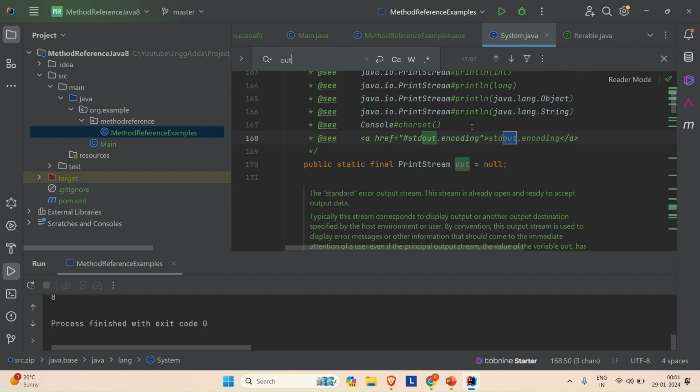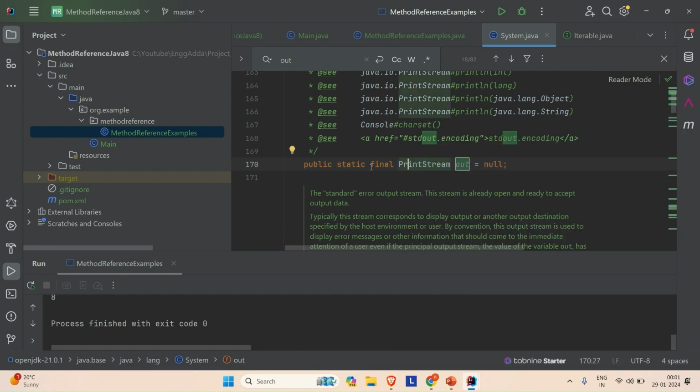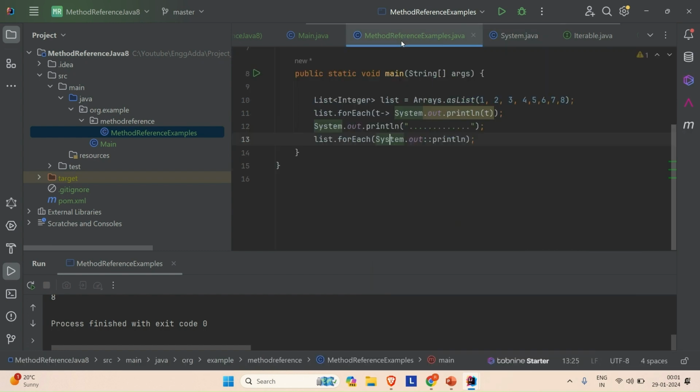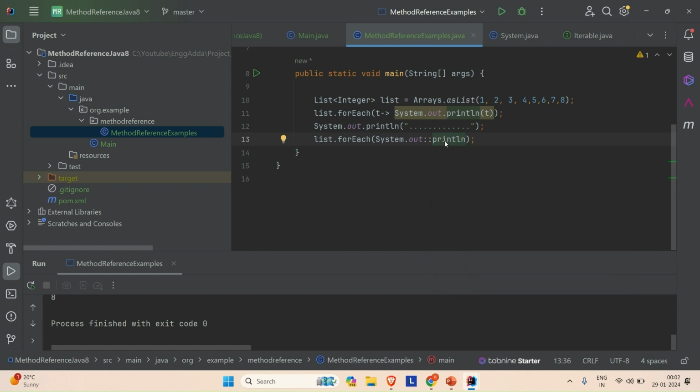Just you can see here that this out is a static reference of PrintStream type. This is a class and this is the static reference. So here you can see that with the help of a static reference, we are just calling this method which is inside the PrintStream. So this is an example of static method reference. Let me try to comment down here: static method